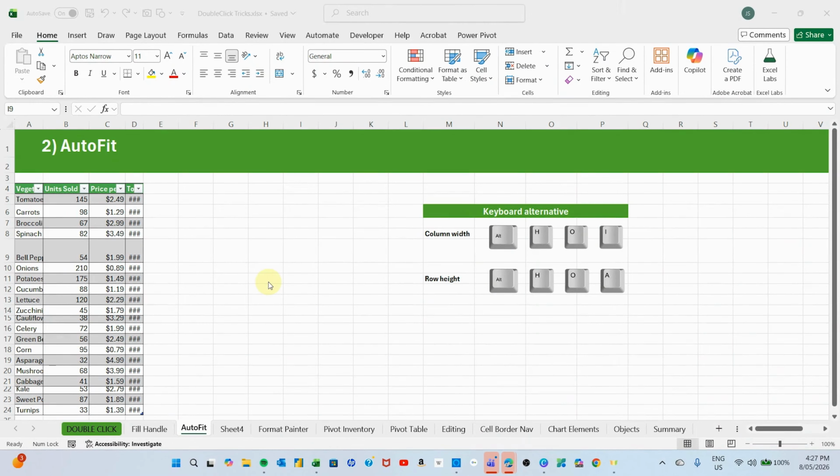Our next shortcuts we're going to look at relate to auto-fitting the width of rows and columns. So we have, again, two keyboard alternatives which relate to the column width and the row height. As you can see, Alt H O I, Alt H O A. And again, we need to say to Excel which one that we wish to widen or raise the height of. So I'll select column D by its heading, and this is a column. So Alt,